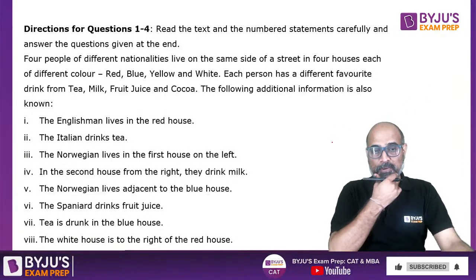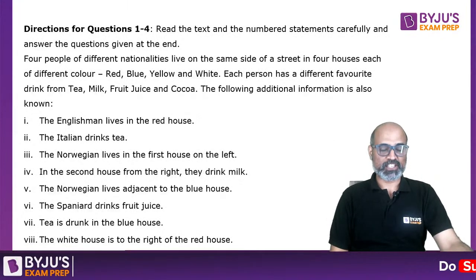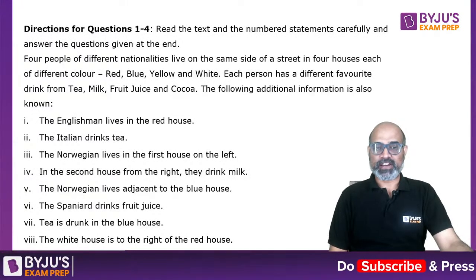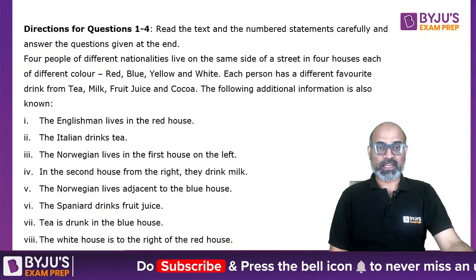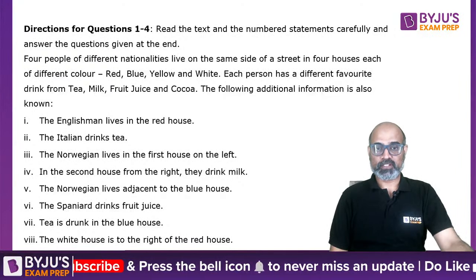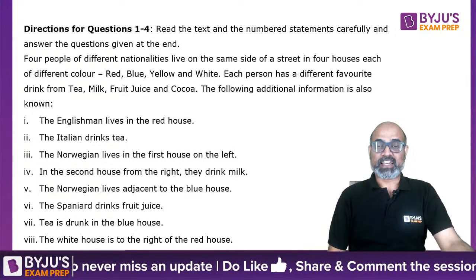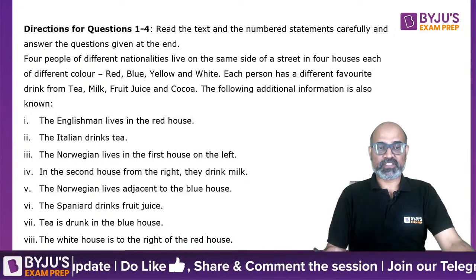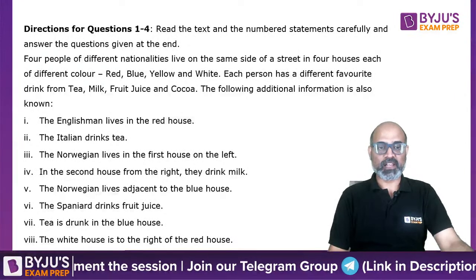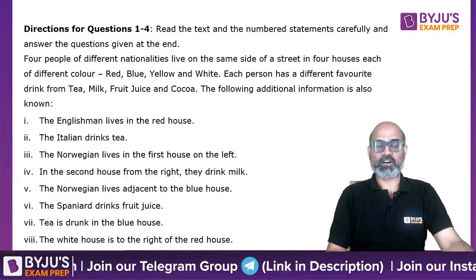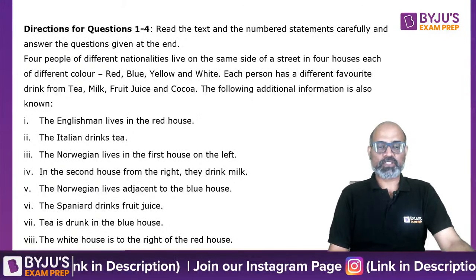So 4 people of different nationalities live on the same side of a street in 4 houses each of different color: red, blue, yellow and white. Each person has a different favorite drink from tea, milk, fruit juice and cocoa. The following additional information is also known. The Englishman lives in the red house, the Italian drinks tea, the Norwegian lives in the first house on the left, in the second house from the right they drink milk, the Norwegian lives adjacent to the blue house, Spaniard drinks fruit juice, tea is drunk in the blue house, the white house is to the right of the red